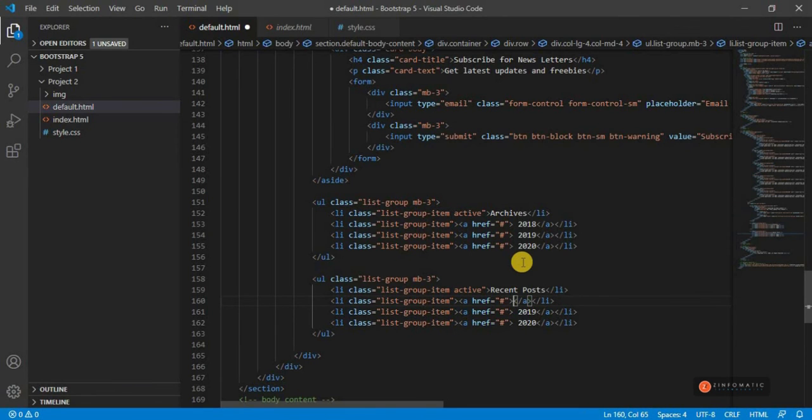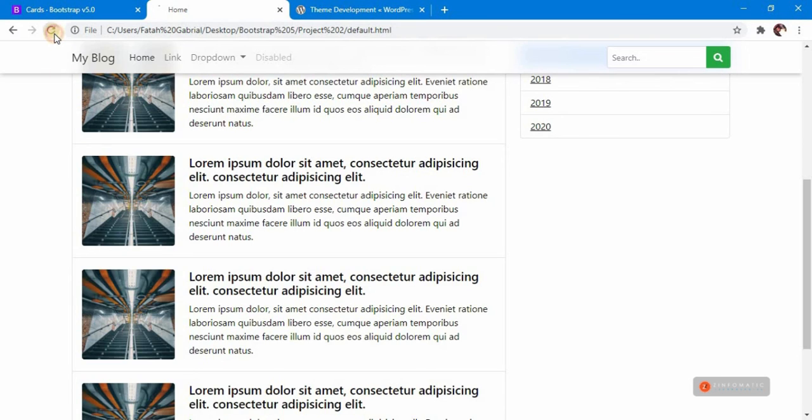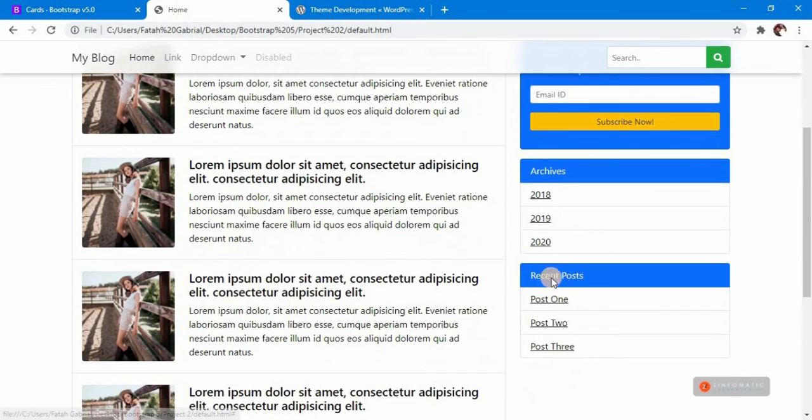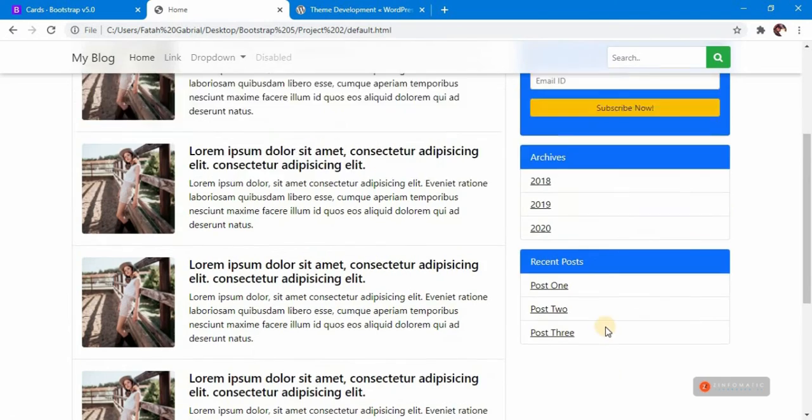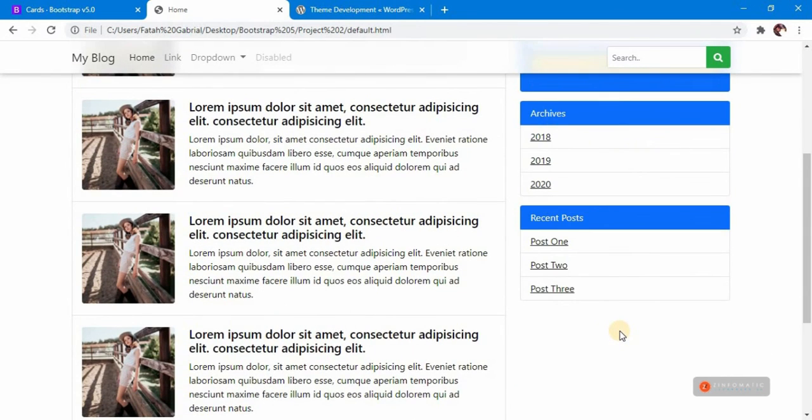So I'm just going to add post 1. I just copied this, paste it over here, say post 2, and just copy this one, paste over here. I'm going to call this as post 3. Okay, so save this. Let's get back over here. Let's hit refresh. Okay, so we have the archives, we have the recent posts, and we can actually create kind